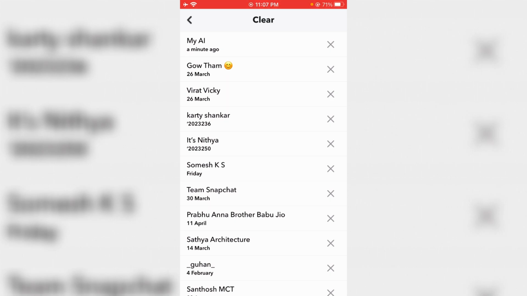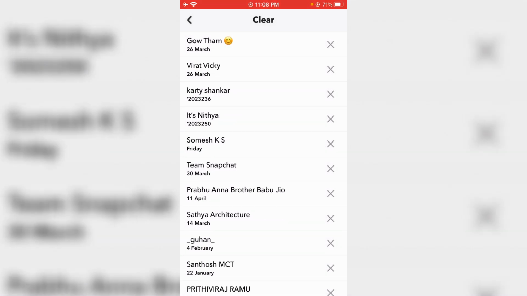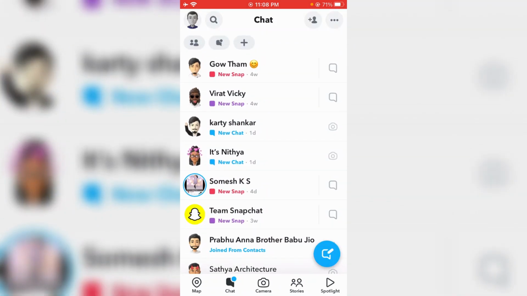If you would like to remove it, just press this delete icon, and it asks for confirmation, so you can click to clear. After I finished these steps, I checked my chat section, and friends, this time you can see that the My AI feature is successfully removed from this section.